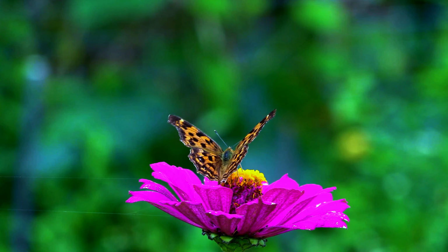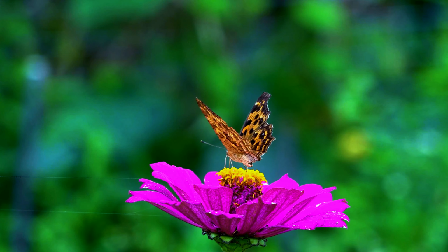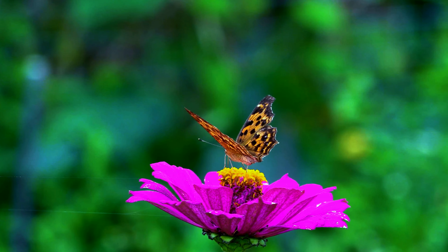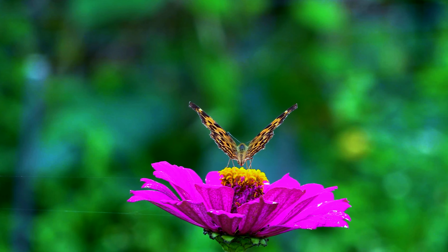Butterflies are also important for seed production, as some plants rely on them to disperse their seeds. This is especially true for plants that have evolved to attract butterflies, offering them nectar in exchange for their pollination services. The relationship between butterflies and flowers is a perfect example of mutualism, where both species benefit from each other's